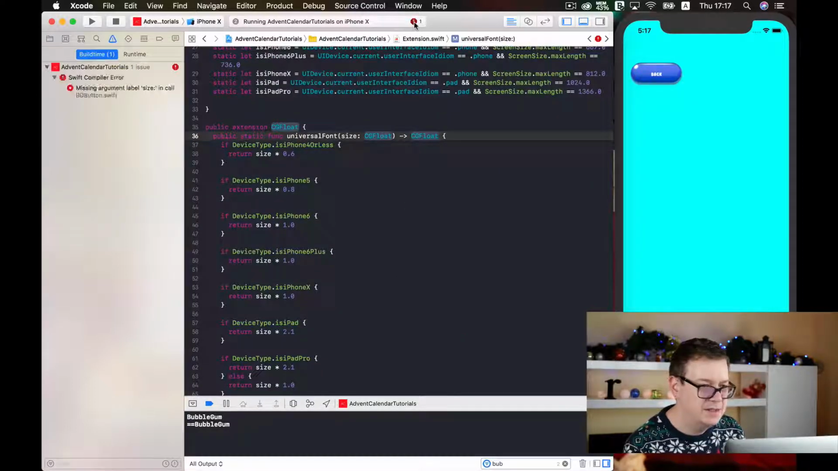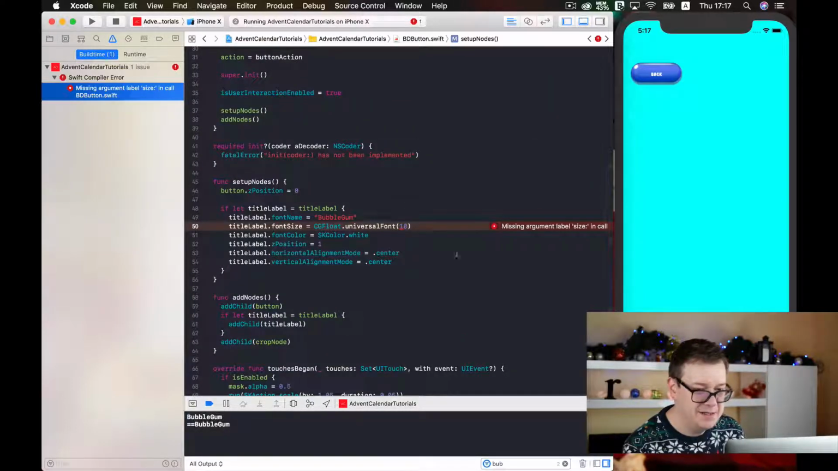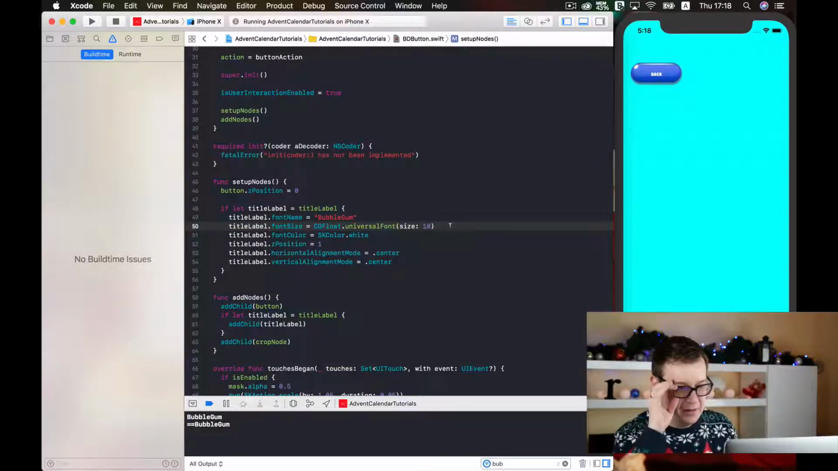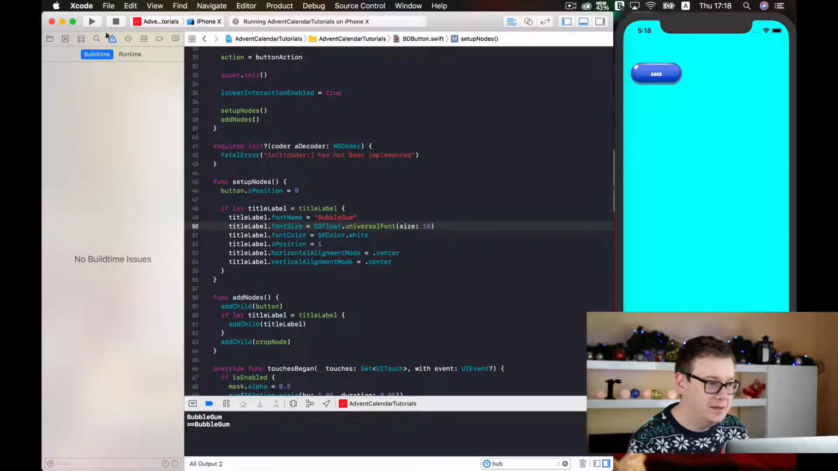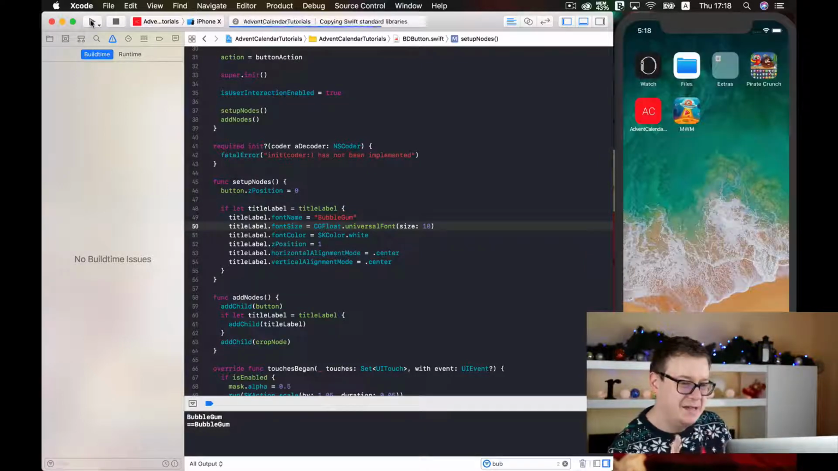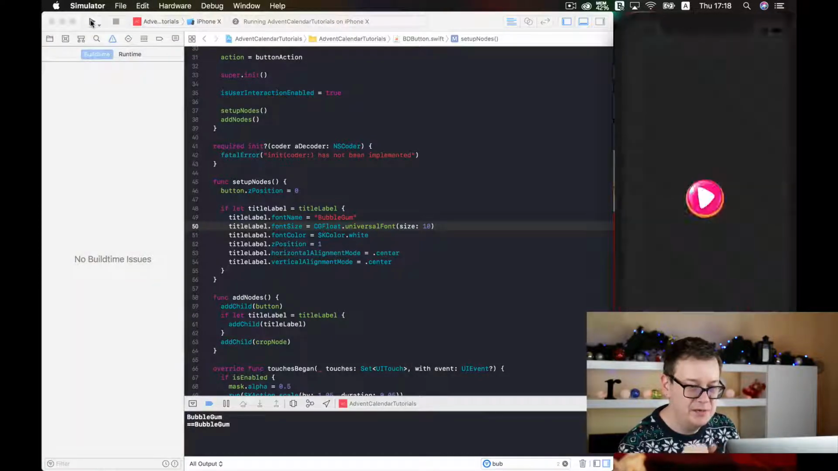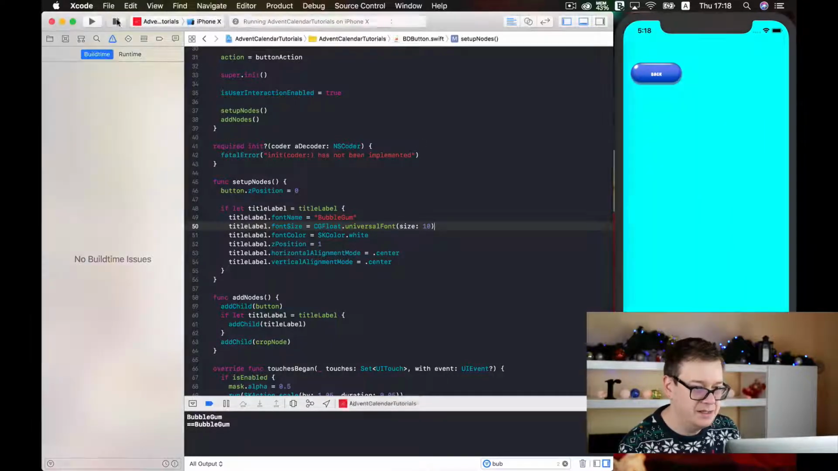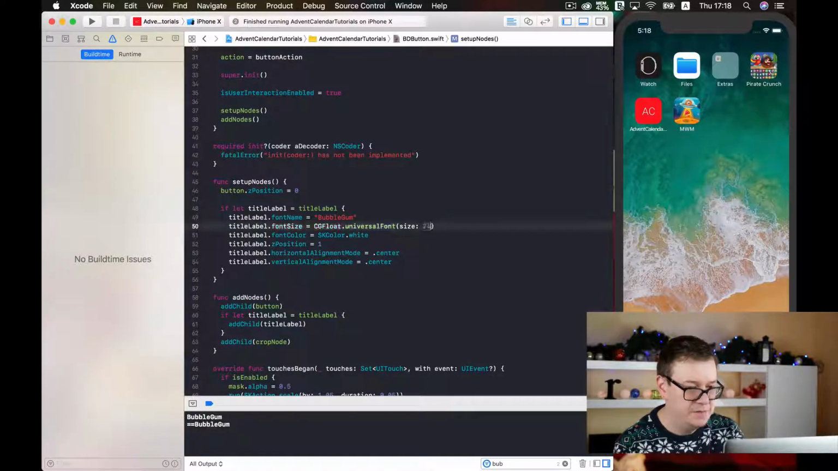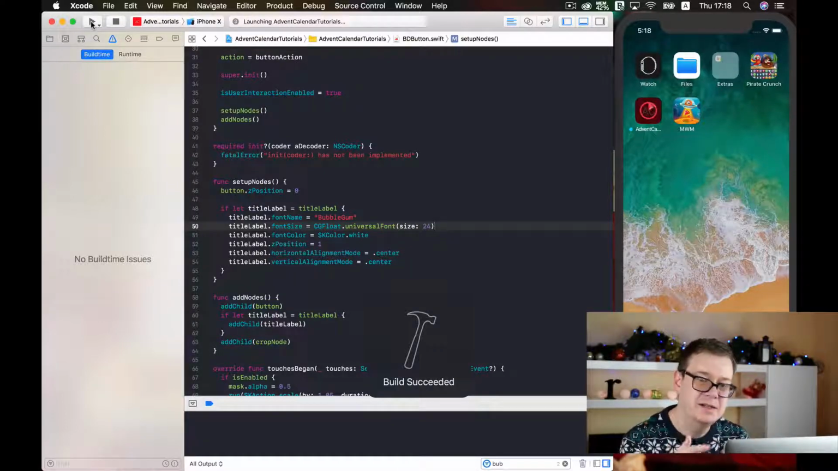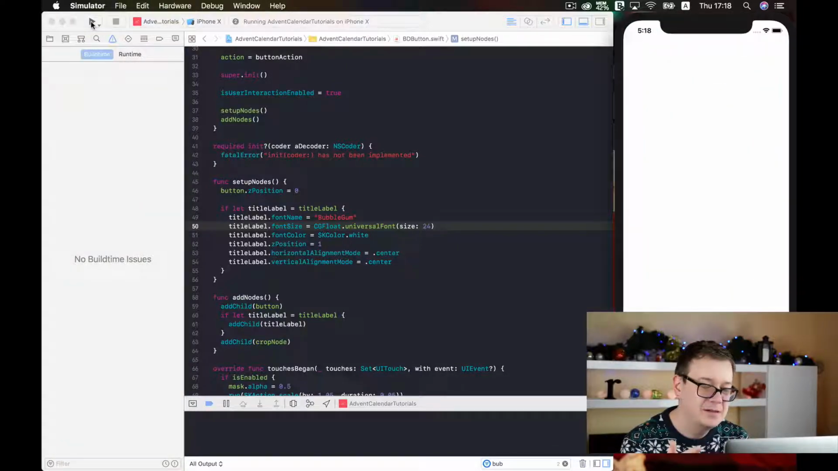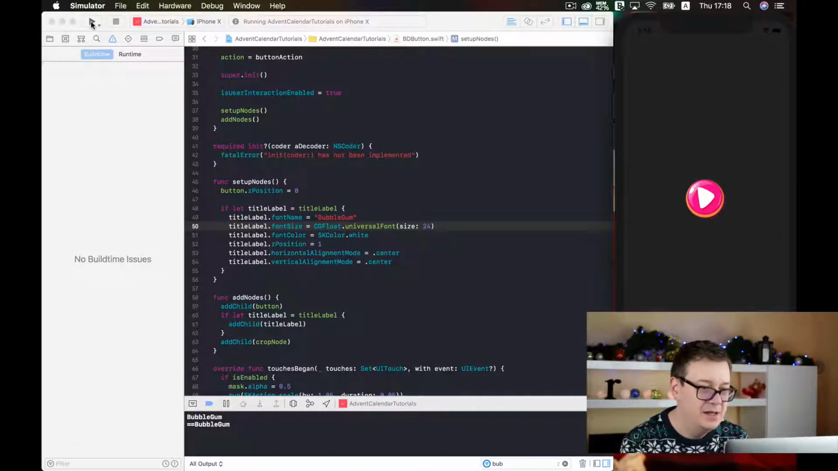Maybe we just need to, oh, it is missing an argument. Very simple error handling. Okay, and now let us just build and run and see if it is okay with our label, and maybe we need to set it to, let's say, 20. Yes, we need to, let's set it to 24. Okay, now let's build and run,